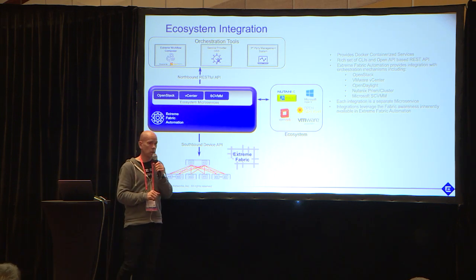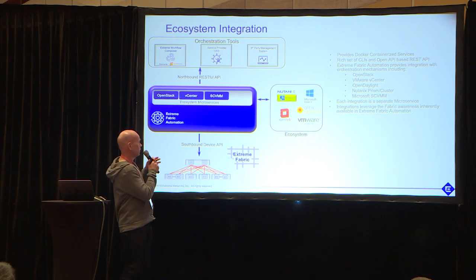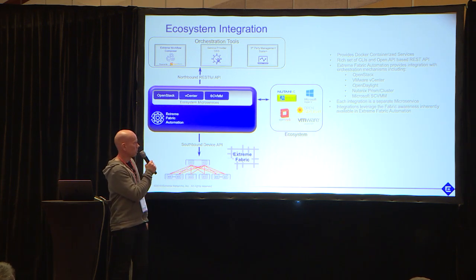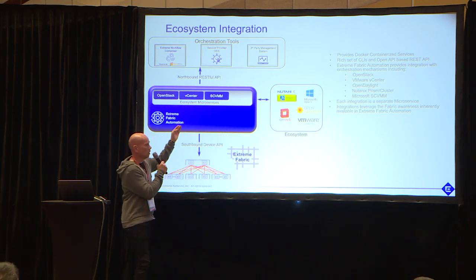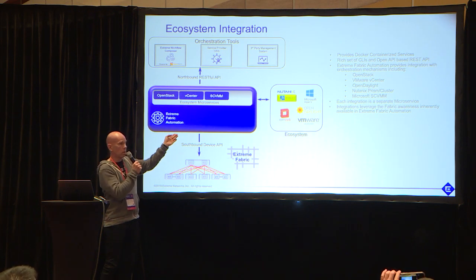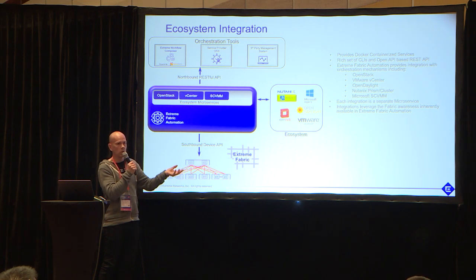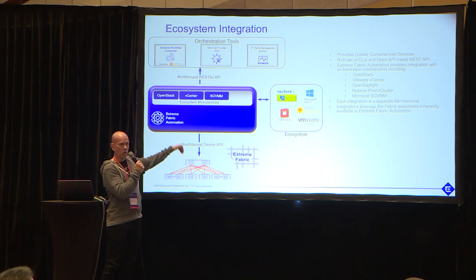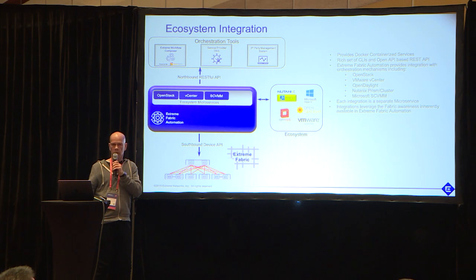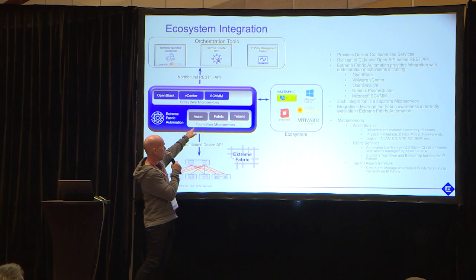So going back to this architectural slide, what you'll see is the same representation you saw earlier on. You have your ecosystem integration here. You have your northbound API, which provides a RESTful API, which allows me to use third-party applications or OSS systems to actually talk to this. And then the southbound device API talking down to the fabric, provisioning the fabric itself. And the tenants, obviously. Then you have the foundation services, as I mentioned, 3 of those, the asset, fabric, and